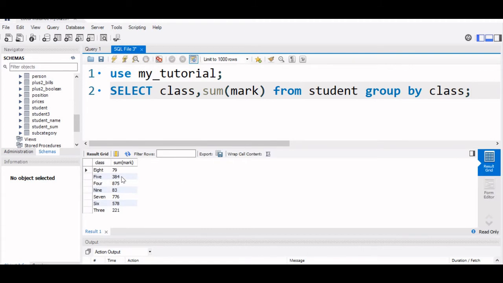Yeah, you can see class 8 total sum of the mark is 79.5. These particular classes you can see as categories. There are actually multiple rows: in class 8 there are maybe 4-5 rows, in class 5 maybe 3-6 rows. So we are grouping the data by class. In your case, or in the question asked, it is the category. So we are getting, against each category, the sum of the mark.